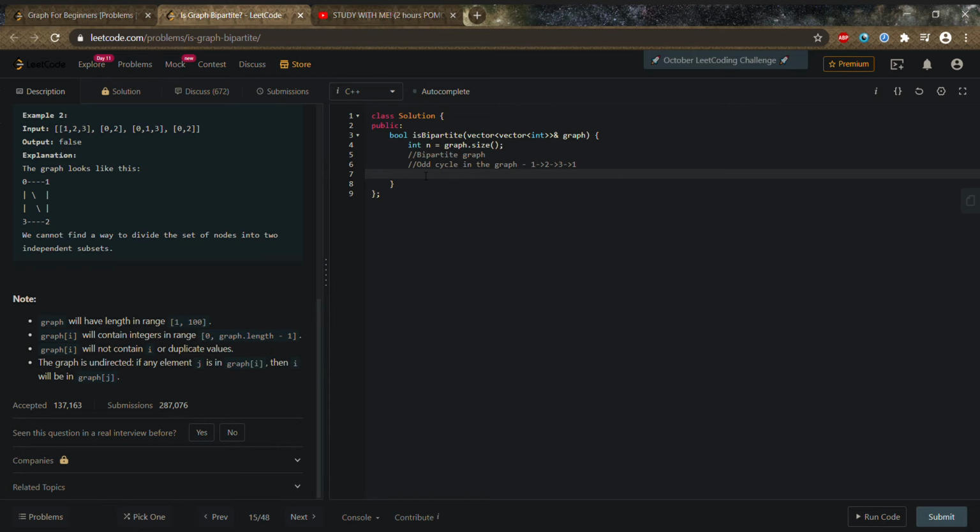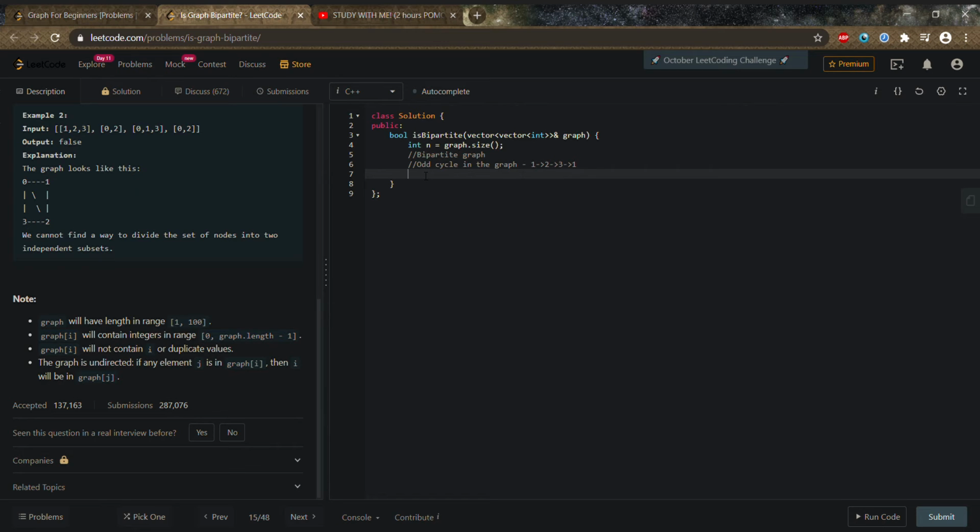So what we are thinking is, if we start with, let's say, the zeroth index node, we'll color it with 1. Let's say we have colored it blue, and blue is 1. Now all the neighbors of it we will color as red, and then consequently the neighbors of those neighbors will be colored blue. So subsequently, a layer by layer approach is going to be nice and more comfortable for us. So let's try BFS over here.